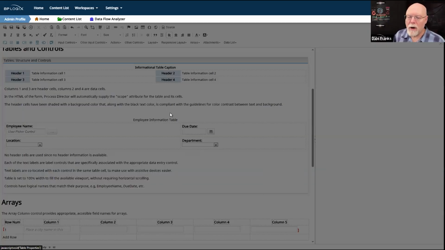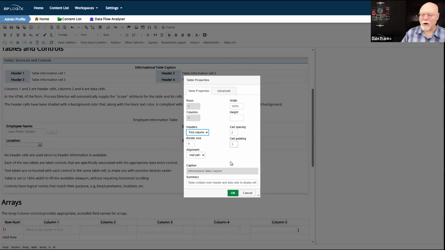So for this table, we go into our table properties, and there are two things that are important. One is the caption, which we set, which in this case is called informational table caption. And when you set the caption, it will appear here on the page. And I also need a summary so that I can describe what data I am displaying in this table.